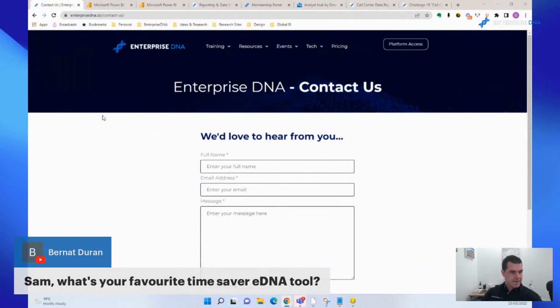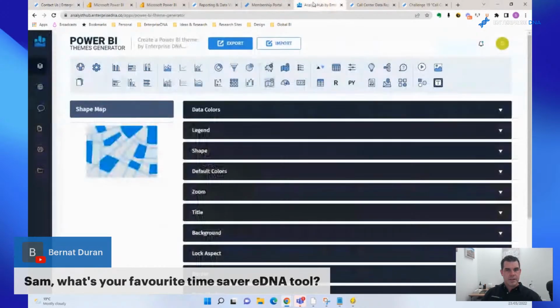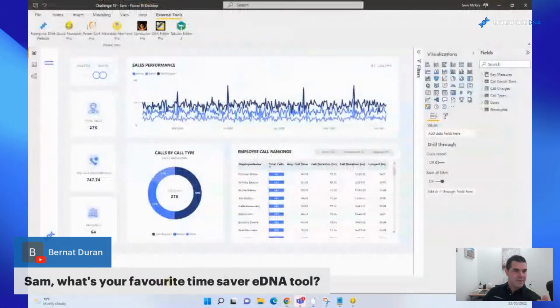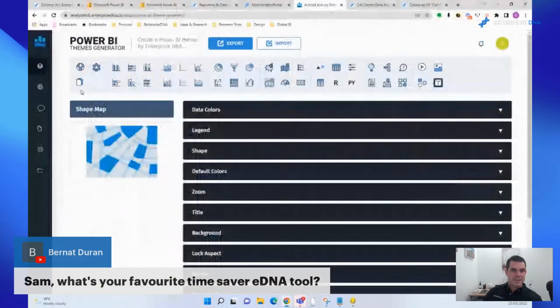Just a quick question. What's my favorite time saver tool? It's probably this one now, the Power BI Theme Generator, because the reason I created this was all personal. I was just absolutely sick of having to do so many clicks inside of Power BI. I couldn't stand doing any more formatting. And I wanted to create a theme generator which covered absolutely everything. We created our MVP version of this, and as I mentioned, there were a few bugs, and we've been slowly ironing those out. But it's now almost at a point where I'm really happy with it.